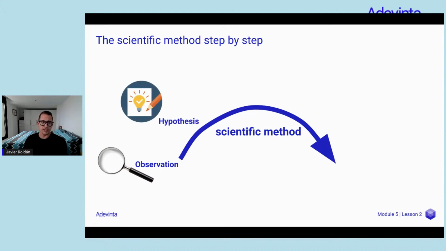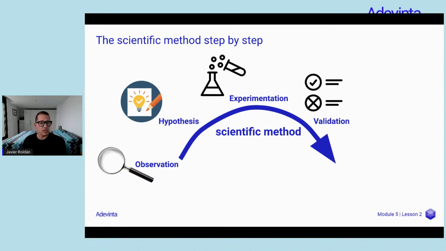Next one, hypothesis. The formulation of our hypothesis, which is nothing more than the answer that, with the information we have compiled, we give to the problem we have. We will go into more detail on the hypothesis in later lessons. Experimentation. It is in this phase that we will design and perform our experiment. After that,